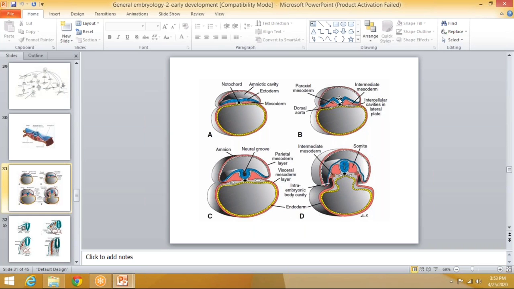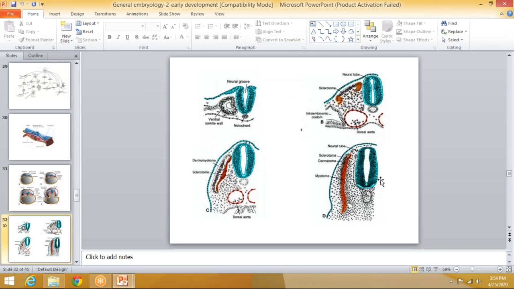Now ectodermal thickening is there to form the neural groove. The neural groove deepens, enclosed by the neural folds, and the folds get closer to each other. Now this neural tube is separated from the ectoderm to form a proper circular neural tube or neural canal, which extends from the cervical to the sacral part. The cranial most part will form the future CNS, and the tubular part will form the future spinal cord. This black colored structure is your notochord, which is the future nucleus pulposus. This is another diagram.